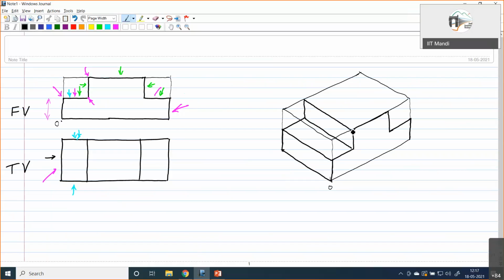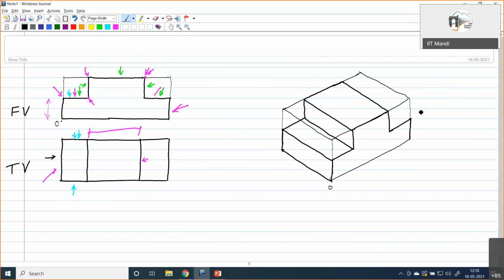Okay, then again this much distance from here to here we have to mark, that will mark onto this. And thereafter again we'll have an edge corresponding to this location. In top view here, in front view this point. Corresponding to these you will get an edge over here. Fine. So this is what we get, and of course now some part will be hidden and some part up to some extent will be visible.